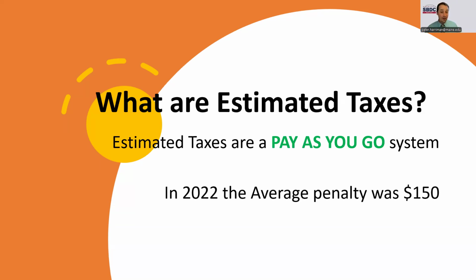Now, as I noted, in 2022, the average penalty for not paying your estimated taxes was $150. Since then, interest rates have gone up quite a bit. So in 2023, that average penalty went up to $500. Right. Not to scare you. What we're trying to do with this webinar is to make you understand what the taxes are and help you make that payment if you want. God bless him, I have a brother who's a plumber, and he says, I'm not going to pay any estimated taxes. I'll pay the penalty. So there are some people out there who are just going to pay the penalty. That's okay too. I'm just here to tell you this, if you don't want that penalty, this is how you go about it.